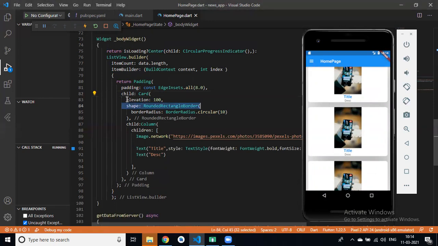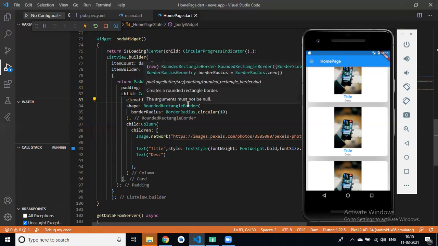But the elevation property, card color property and border color are not in container. By default our card gives elevation and border properties, but in container we have to create a shape.